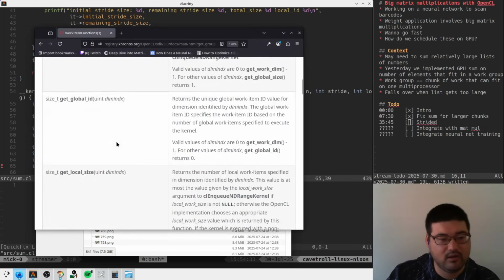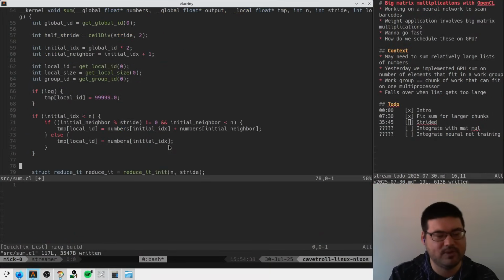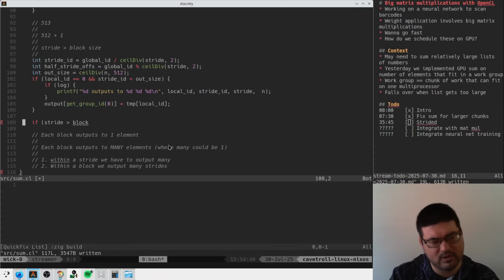Get local size. Okay, which we have. Okay, so if the stride is greater than the local size,